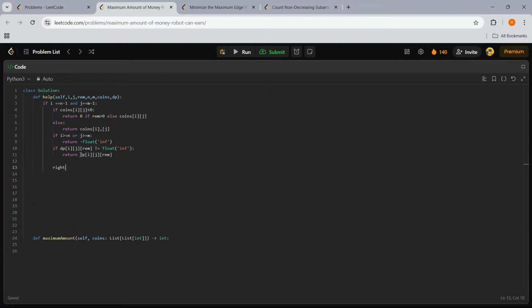And we'll write this. Right is equal to minus float infinity, down is equal to minus float infinity. And here one more if condition. If coins i and j is, sorry, is smaller than 0, if remaining value is greater than 0,